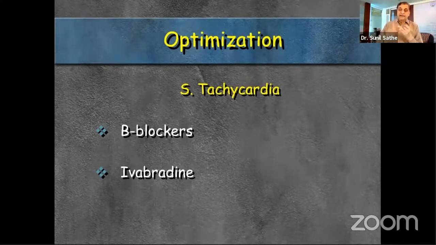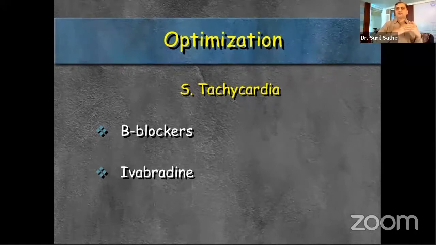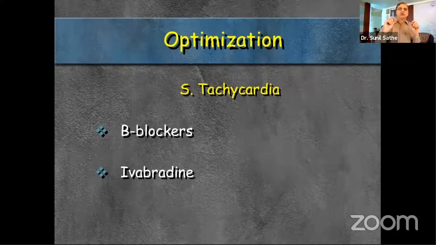That's number one. The second important point, when the patient is on beta blockers, is what happens with the heart rate during mild to moderate exercise. It should again be optimal. That means it should not go beyond 140, nor should it fail to increase. So chronotropic competence should be perfect. Suppose you over beta-blockade a patient, the heart rate may not move to more than 90 or 100 during exercise, and the patient may have fatigue. So optimization of heart rate is no sinus tachycardia and good chronotropic competence during exercise, where ivabradine should